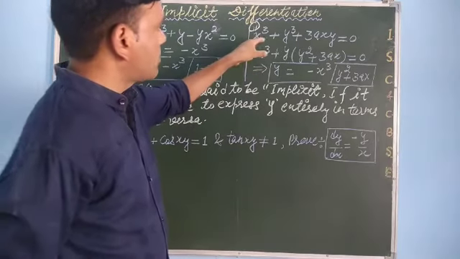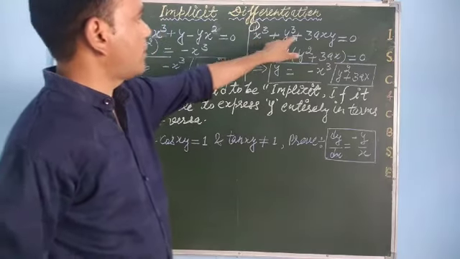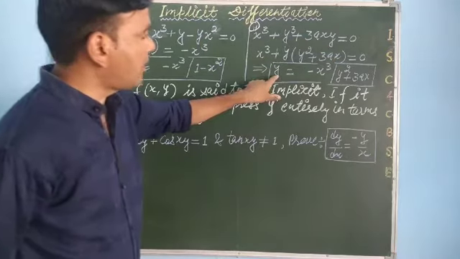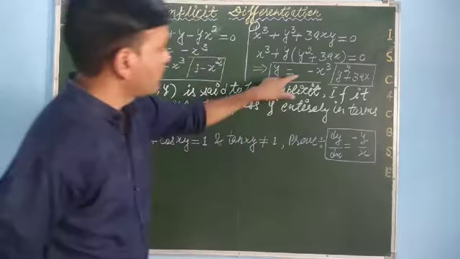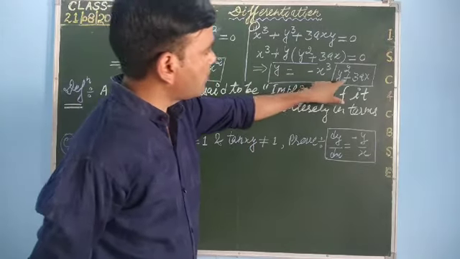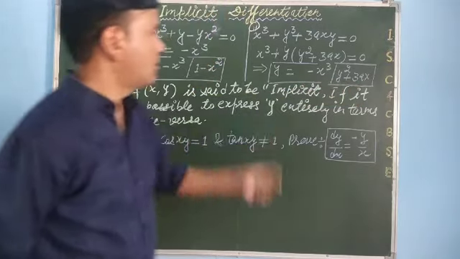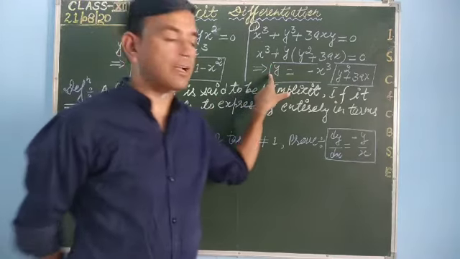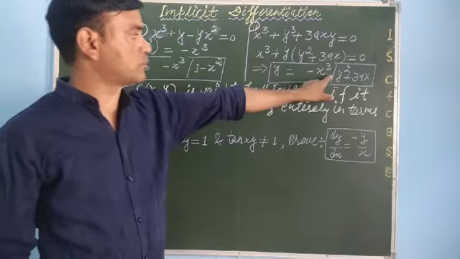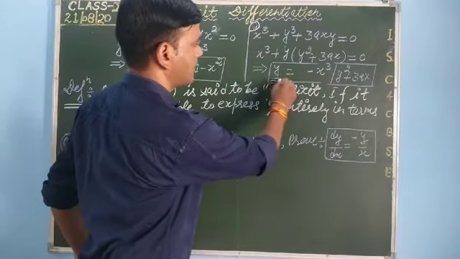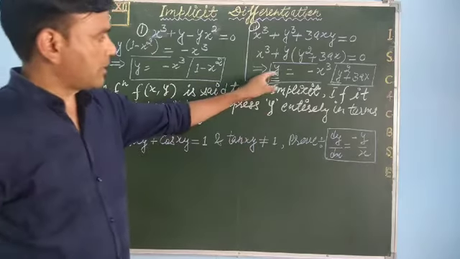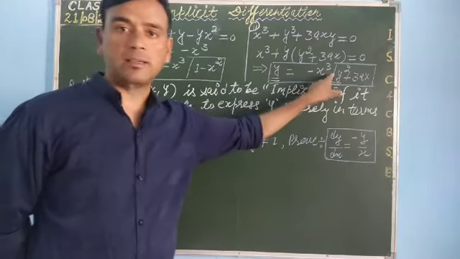So entirely we can write y in terms of x. Similarly, in the second equation you can see x cube plus y cube plus 3xy is equal to 0. If I try to solve this, I will get at the last y is equal to minus x cube upon y square plus 3x. So in this second equation, we are not able to express y entirely in terms of x. Here y is on the left side and also on the right side. So we are not getting y in terms of x entirely.